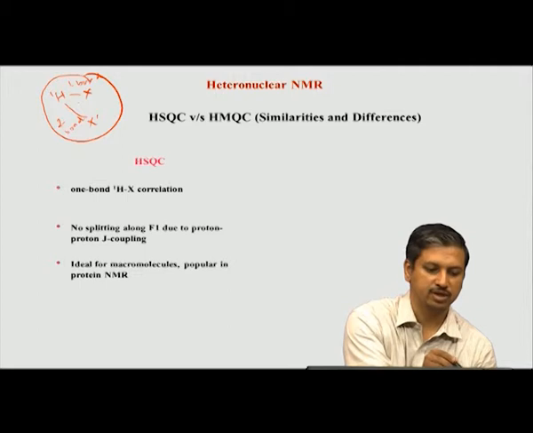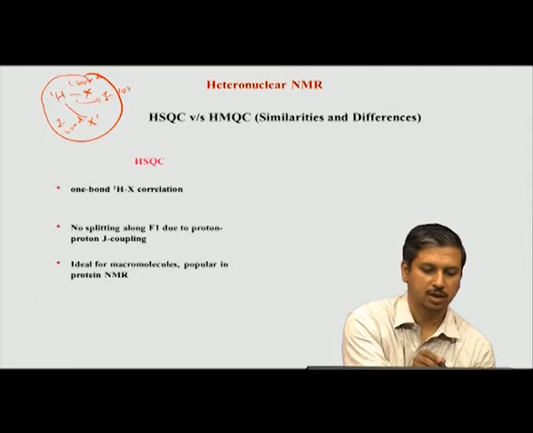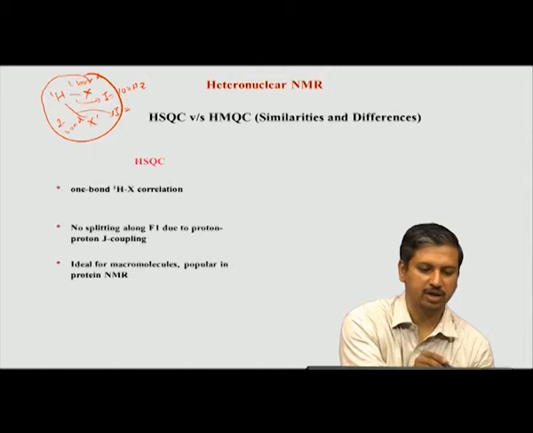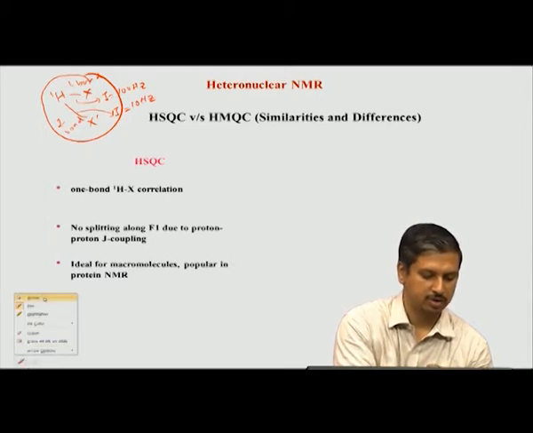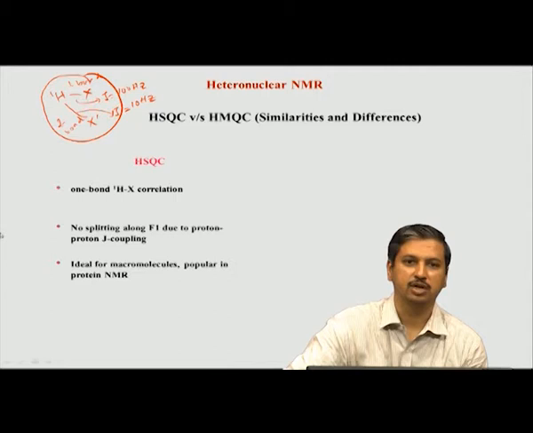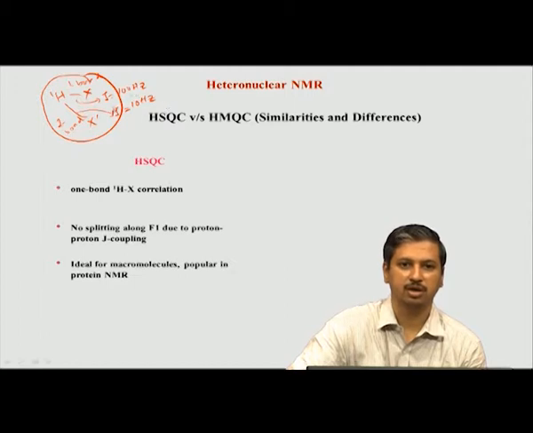So, if this J value will be some value, let us say 100 hertz, but this J value will not be 100, it will be very less because it is far away, 2 bonds. So, let us say it is 10 hertz. Now, what I can do is, in my HSQC or HMQC, I can tune the delay according to the value of this J value. So, if I tune it, means I arrange it or keep it at the corresponding 1 by 2 J of 10 hertz, then I will get a maximum transfer from here to here.